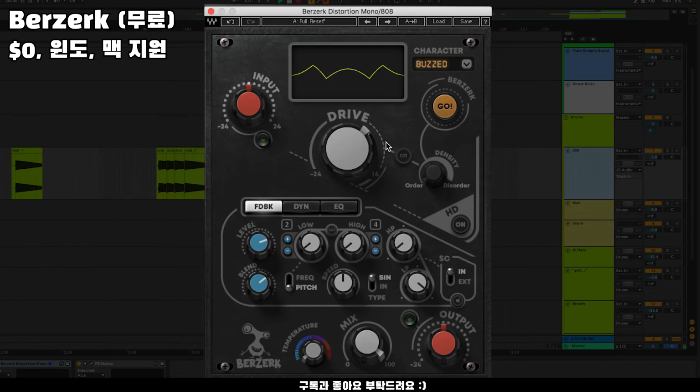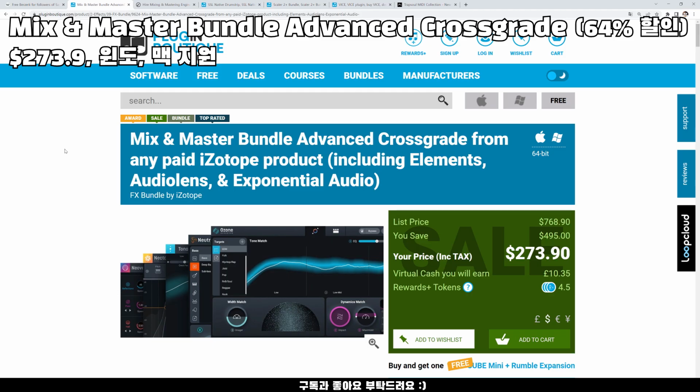All right, now you can control the pitch and the range of feedback with these low and high controls. And you can set these to either frequency or pitch. In frequency mode,